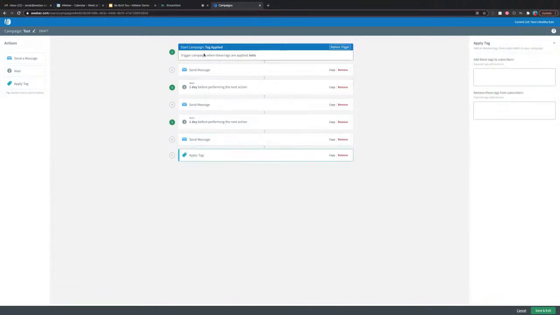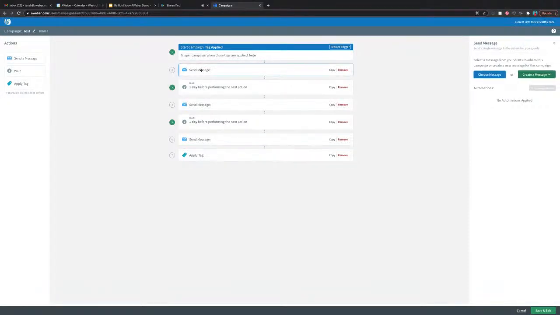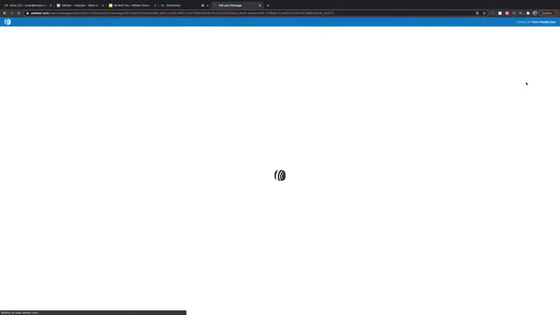And so because we're building from scratch, this is gonna be a blank email message, right? So what you wanna do is either choose a message from your drafts, so you've pre-written the email in your drafts and you select it from there, or you go to create a message and pick your preference, but the most popular is our drag and drop email. It's gonna open up a blank email,